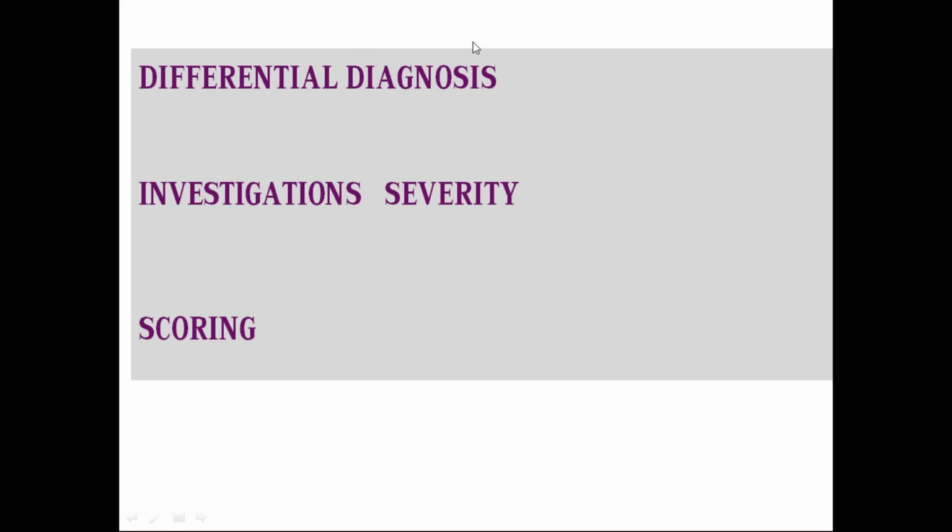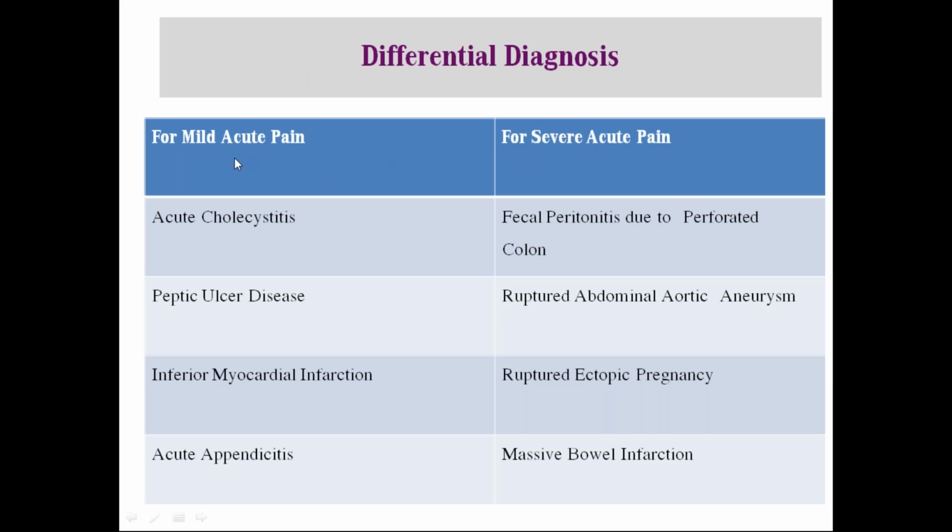So coming to the differential diagnosis and investigations: to confirm your diagnosis, assess severity to grade it, and plan treatment accordingly, there are various scoring systems available. For mild acute pain, the differential diagnosis includes